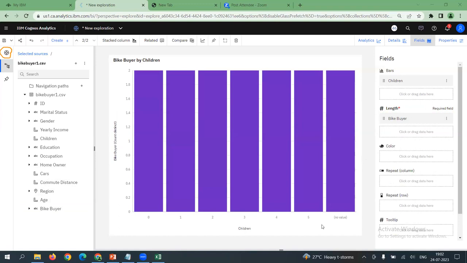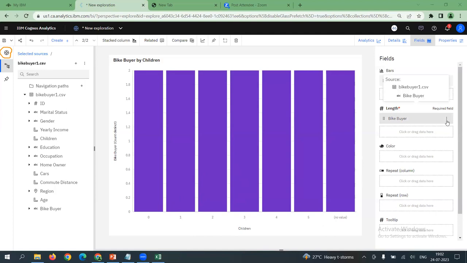All participants can take note. The x-axis denotes the category of children. How many have 0? How many have 1 child? How many have 2? That is the implication, the imagination we are painting, sketching in the Cognos. But all have similar height. Why are all categories of similar height?